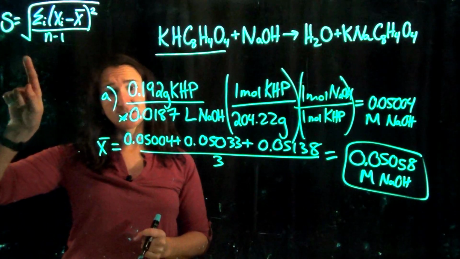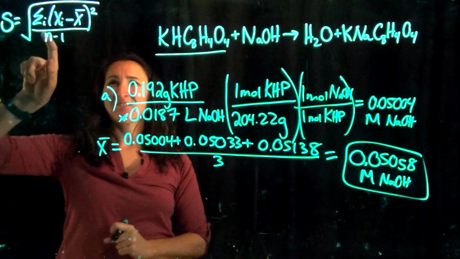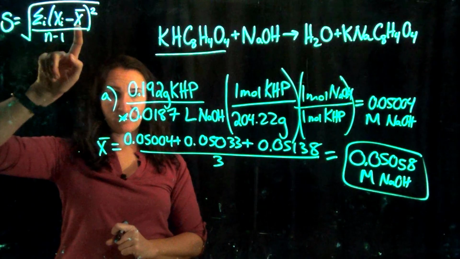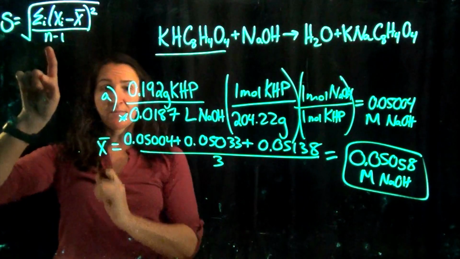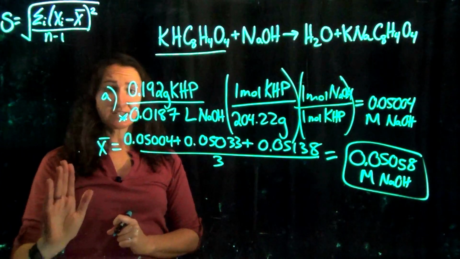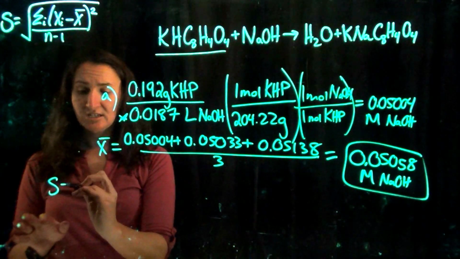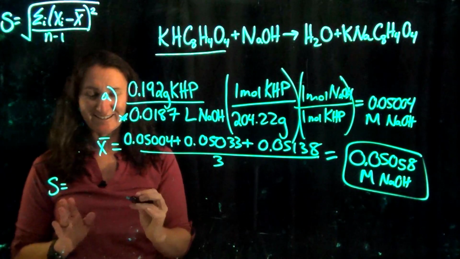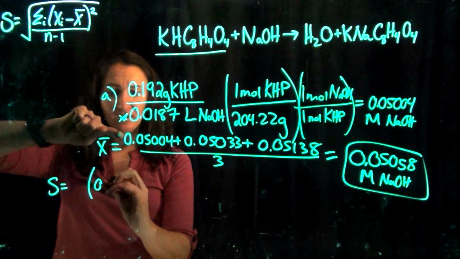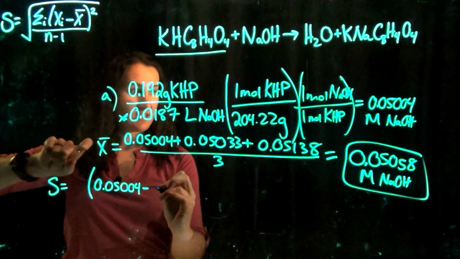So here is our equation for standard deviation. Just to recap in case it's been a while since you've seen this equation, you've got the sum of the individual data points minus the average data point, squared, divided by n. N is your sample size, which is 3 for this. So there's our equation. Let's do it together just so you can see me working out one of these standard deviations. So standard deviation equals the square root of, choose your first individual data point, 0.05004 minus my average,